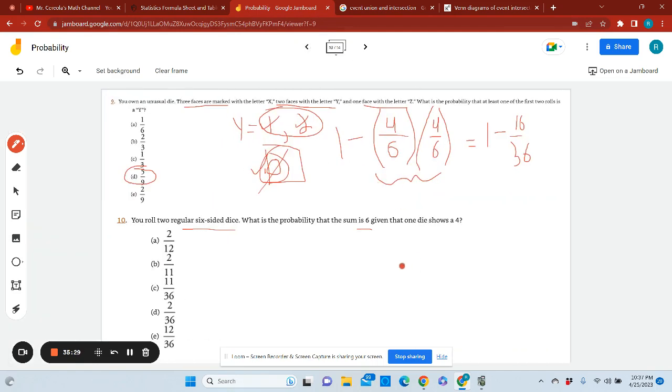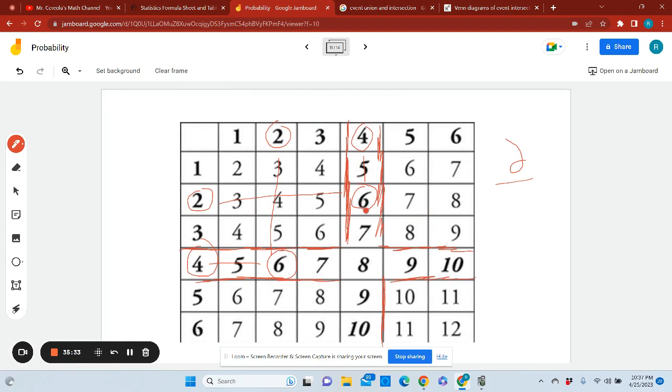So there are 2 ways that it can happen. But remember, we said given that one of them is a 4. So there are only 1, 2, 3, 4, 5, 6, 7, 8. Don't count the 8 twice. 9, 10, 11. There are only 11 total ways to roll the dice and have at least one of them